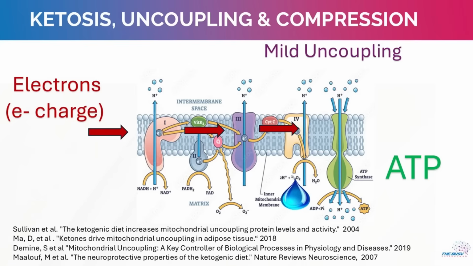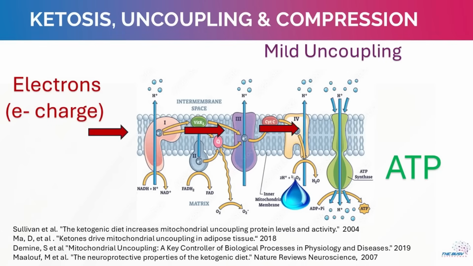Another thing is ketosis or ketones. They can cause uncoupling as well, but it's kind of mild uncoupling. So there's traditional uncoupling agents, like DNP, which collapses the proton gradient. So they're a true uncoupler. And they were originally discovered because it's part of making munitions in munitions factories. And then they discovered that it caused people to get hot and lose weight. And then further studies were done on these uncoupling agents. So that's the kind of history of a true uncoupler.